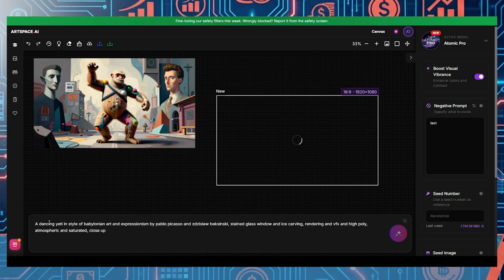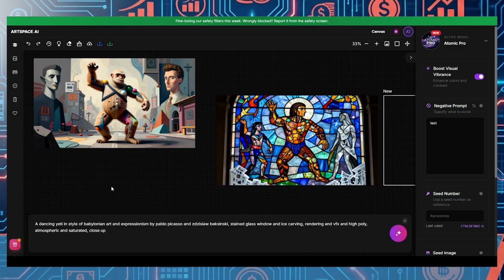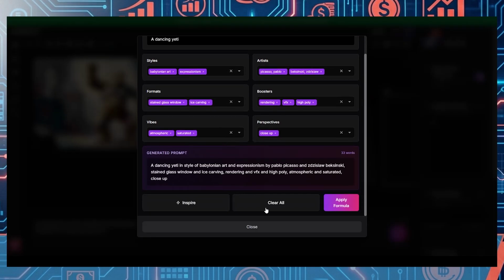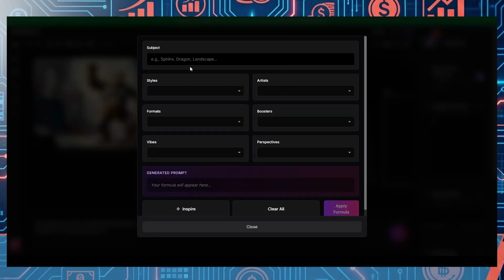You can apply it again and make a totally different version of this, using the same topic, which is a dancing yeti, and using the same ArtSpace image generation model. Wow, that is impressive and very unique. Let's open the formulas back up again, and this time I'll hit Clear All, and we can go through and select them ourselves. Of course, I still want a dancing yeti,